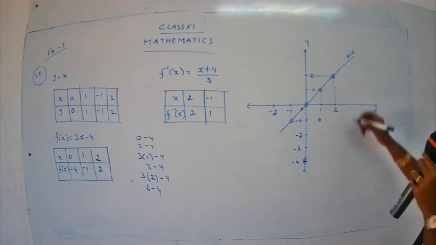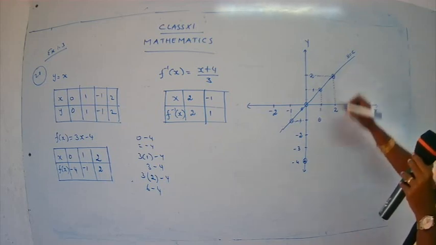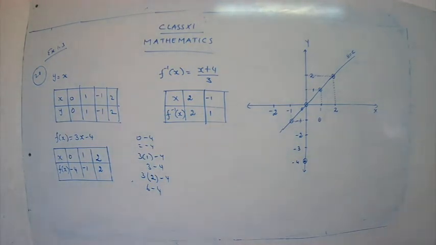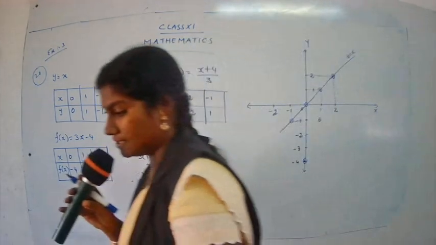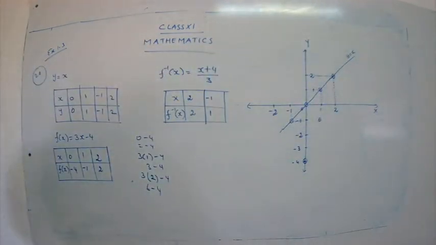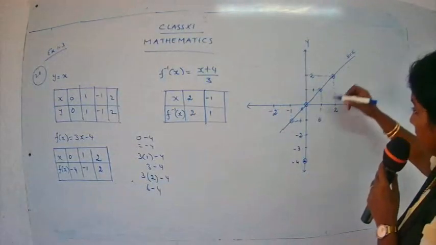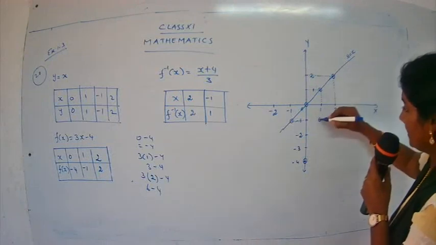2, 2. Okay. Be careful. Minus 4, 0; minus 4, 1; minus 1, and 2, 2. So draw a line. You can draw a straight line using the scale. Yes, you just place the scale properly and try to draw the points, children. That is, try to join the lines.